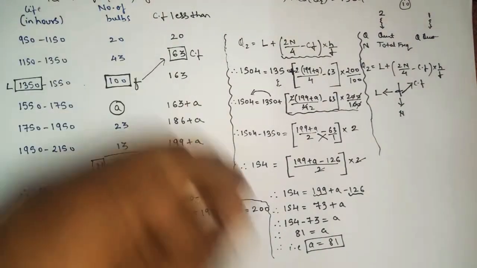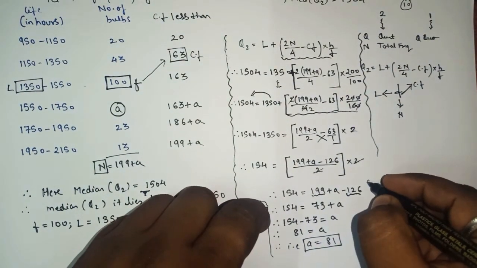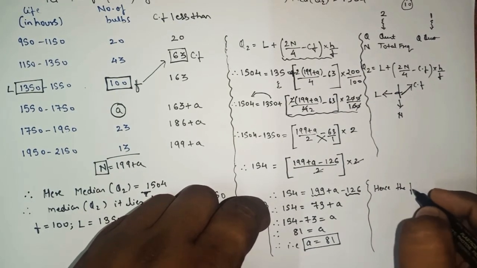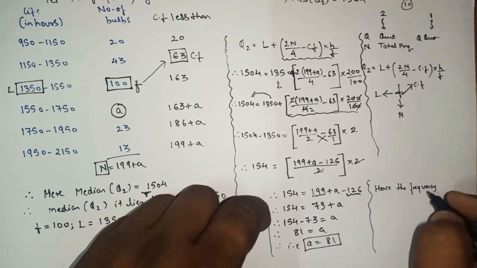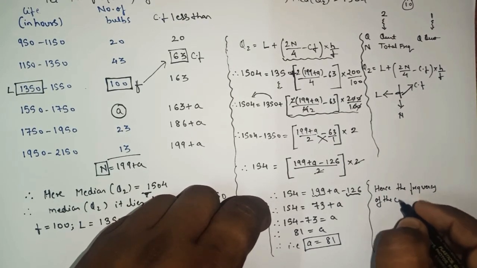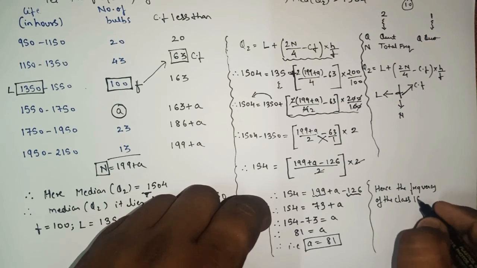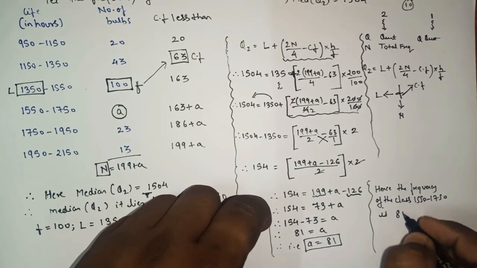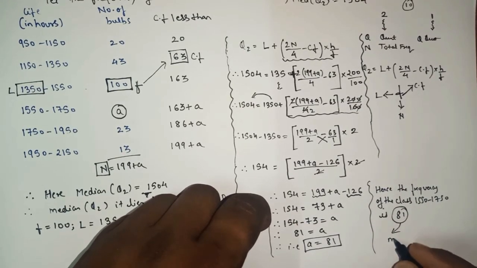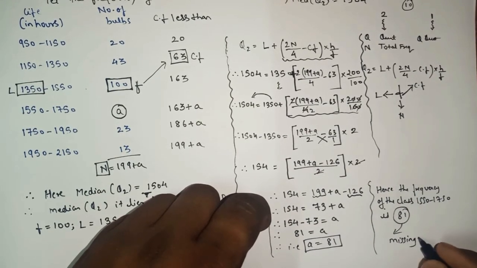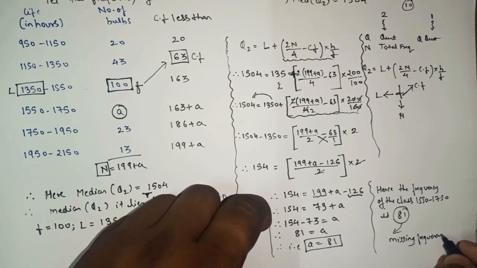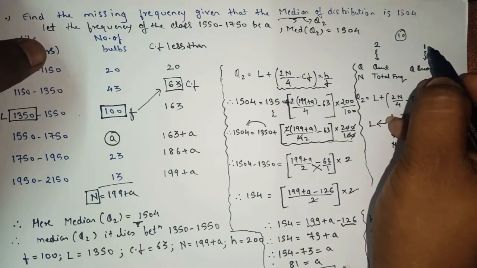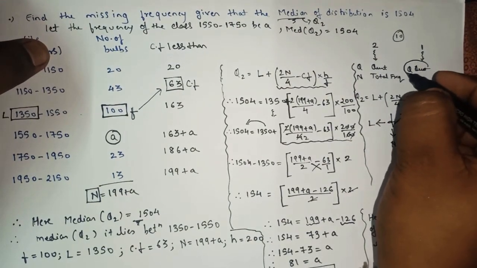Okay, I hope you all understood this sum. And in the last step, you will write what? Hence, the frequency of the class 1550 to 1750 is 81. So this 81 is what? Is the missing frequency. Okay, so remember, whenever you have to find only one missing frequency, with the help of the quartile also